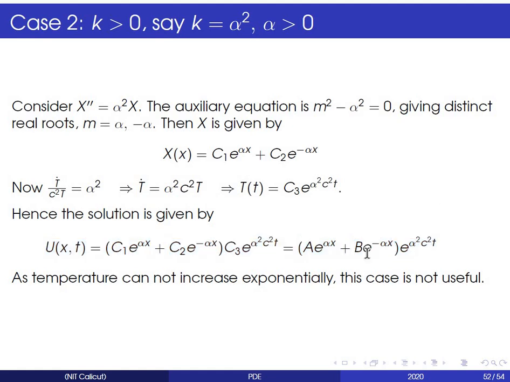Okay. So this solution is actually not that meaningful, because the temperature at a point cannot increase rapidly. This is actually an exponential increase, right? So everything is in exponential terms, and an exponential increase in temperature is not practical. That's why this case is actually useless. Now the third case,